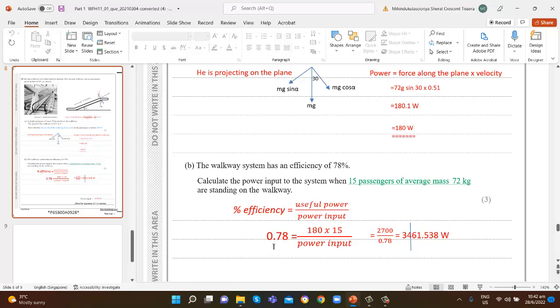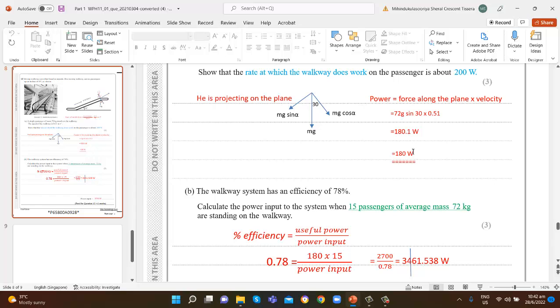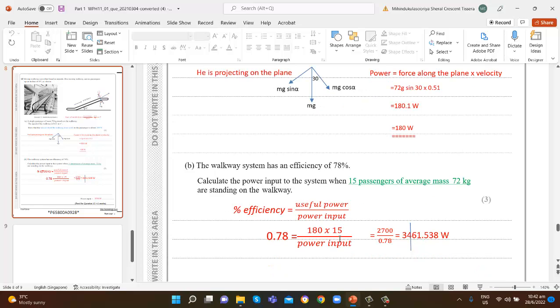78% means you have to put 0.78, and 180 over 100. Don't put 200 now. Here that is the approximate, about. Can you see about? About means they have rounded off. It is not exact. So this word you have to know. That's what you are being told: 180 is almost 200 W, show that. But when you calculate, you have to take your original value. You cannot take 200, it is an about value, it is an estimation. So now you put 180 into 15 for power input. You divide. Then you are getting